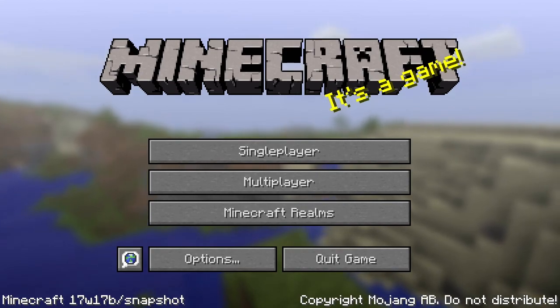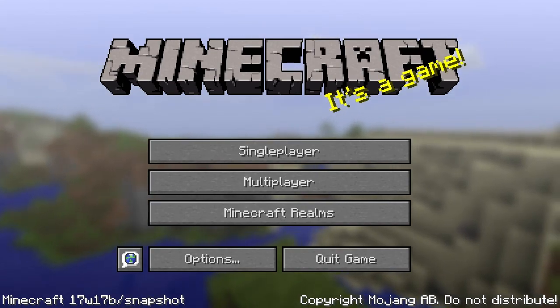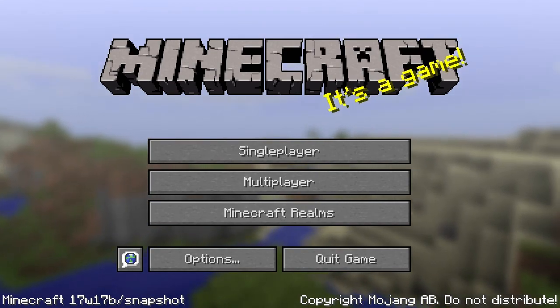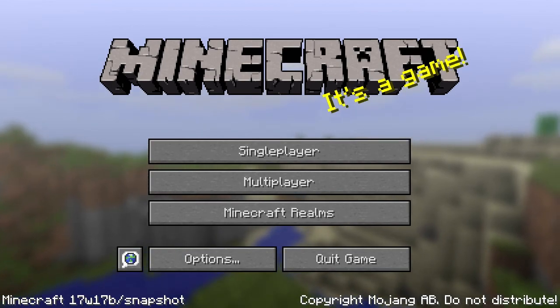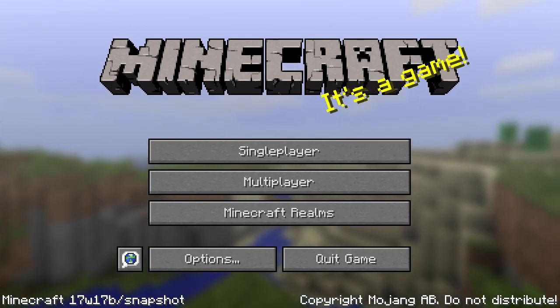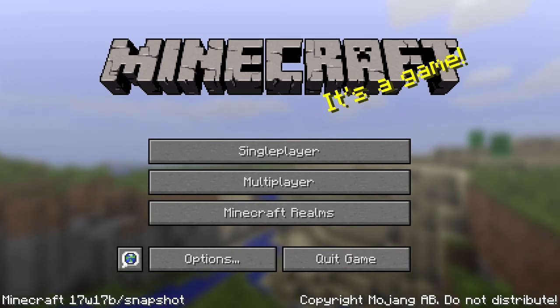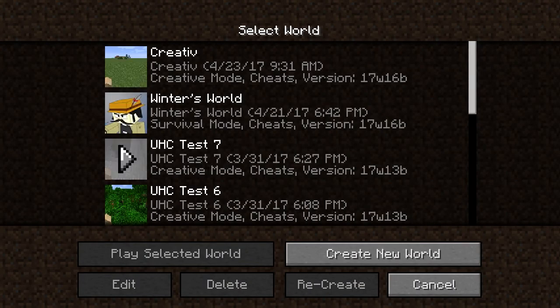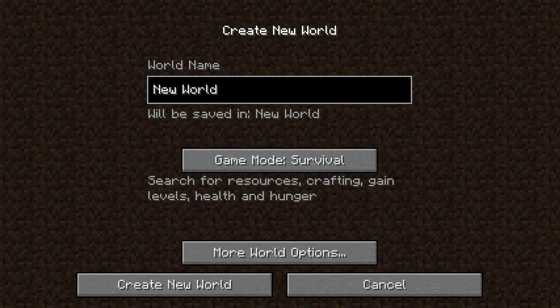I'm going to start and try to explain why these settings are useful. It's just a few settings, 4 or 5 of them at least. So I'm going to start a single player. I have some of my worlds here and I'm going to create a new world that I'm going to call the tutorial,